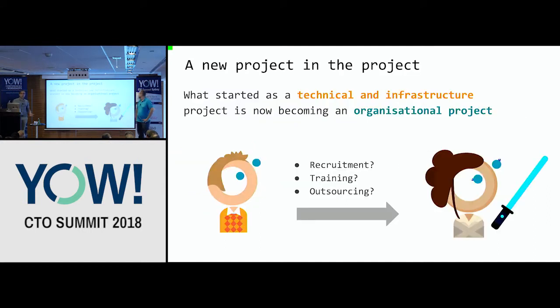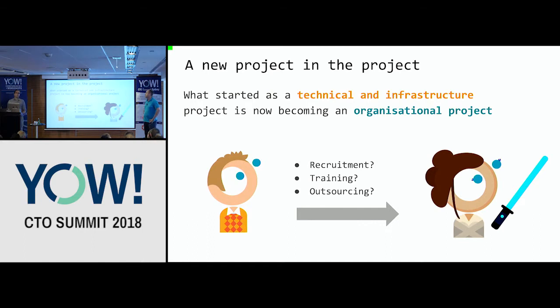And what started as infrastructure work is starting to take a completely different dimension, and it's now becoming an organizational project. So how can she adapt her teams who were used to more legacy infrastructure operations? How does she make them fit to this new container dimension? How to prepare for this transition? Should she hire new people who are aware of these technologies?